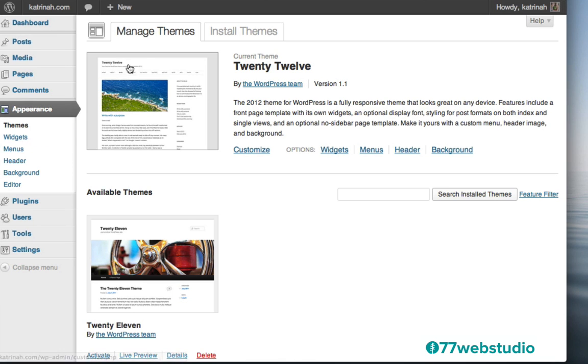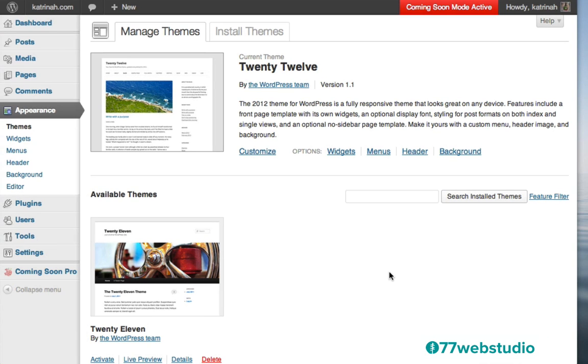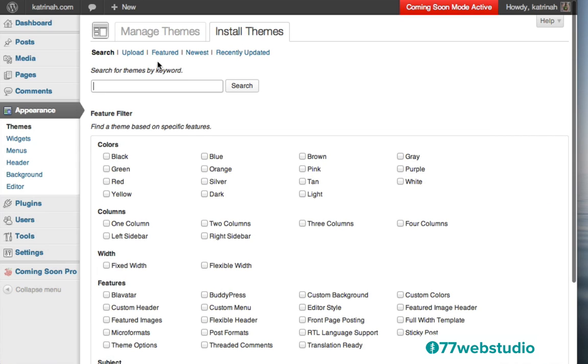And here we're on the Manage Theme screen. So notice that the current theme is a 2012 theme. This is the theme that comes with your WordPress installation. So the next step we need to take is we need to install the new theme. Again, we're installing the Artificer free responsive e-commerce theme by WooThemes. So to install that theme, go ahead at the top here and where it says Install Themes, click on Install Themes. And then you'll note that by default we land on the search page.